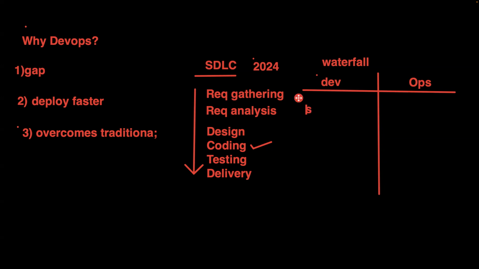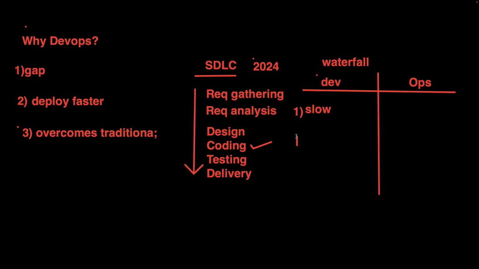See, it's a very slow model. Let's say coding is completed in January, right? Next, testing begins only after 6 months. Meanwhile, developers will be working on new code. Then testers start testing and they come with the bugs. Developers will have a lot of pressure, keeping the new code aside to fix the bugs in the old code, right? They have a lot of challenges, a lot of pressure, because testing, if done immediately, would be economical and faster. If testing begins after 6 months, it doesn't work in reality.